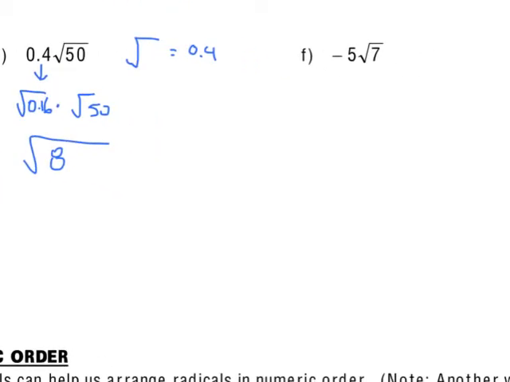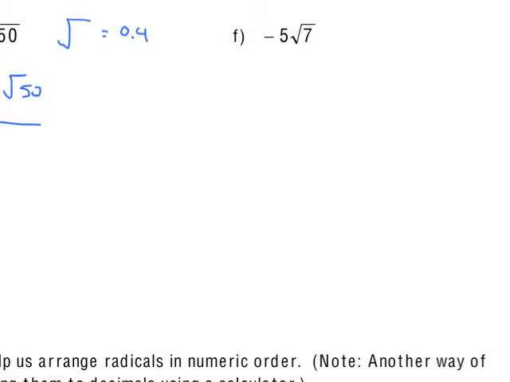All right, last one in this section here, negative 5 times root 7. Well, I'm going to keep the negative on the outside. I don't need to move that negative inside, and it's going to be a bit of a problem if we move it inside, so I'm going to keep it on the outside. I'm going to write my root sign, and my root 7 here,